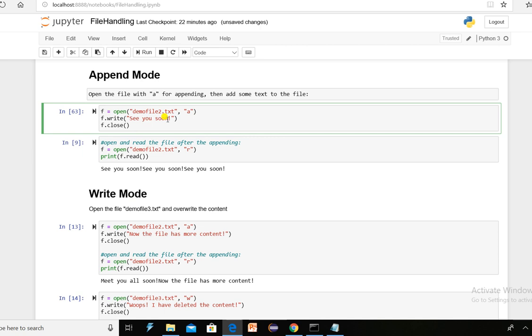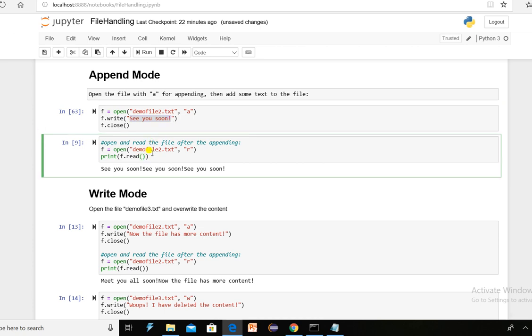As demofile2.txt is not in your memory, if you open your file in append mode, demofile2.txt will get created. First it will be blank.